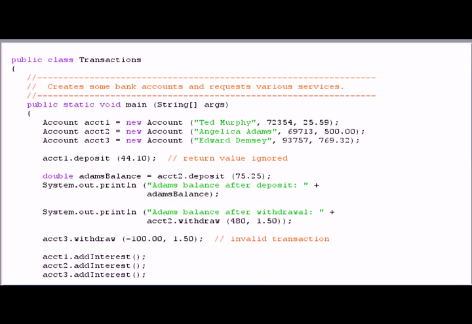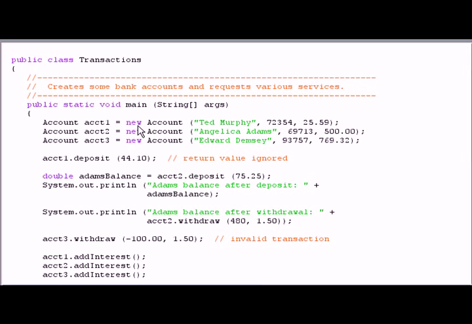Okay, so now remember that account.java does not have a main method. Its sole purpose is to store data, hide data, encapsulate data, and allow us to process data. So we need a driver class. Here we have a driver class that has a main method. We named this class transactions, and in the main method we create an instance of the account class called